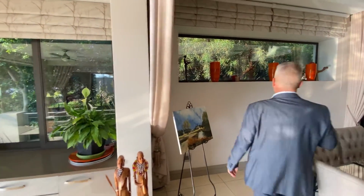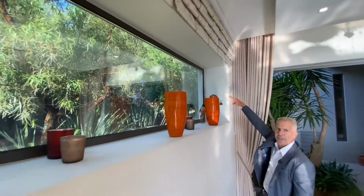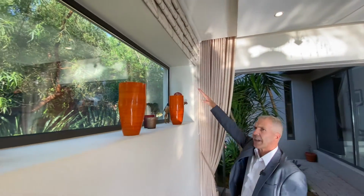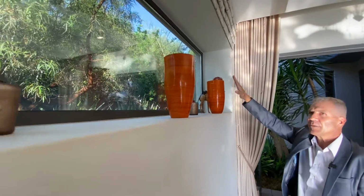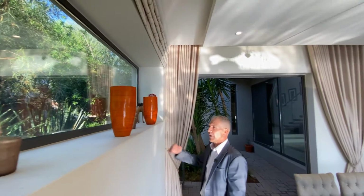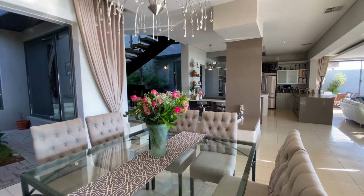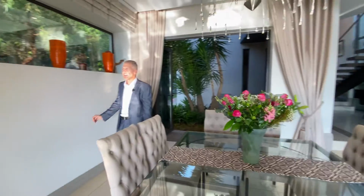So if you look at this here, you can actually see the depth of the window reveal. Because it's on the northern side, you can see this deep reveal that limits the amount of direct sunlight that we get in during the summer. But because the sun angle is lower during the winter, we have a better sun penetration into this. And then the sun during the winter, during the day, will heat up this 460 millimeter thick wall,